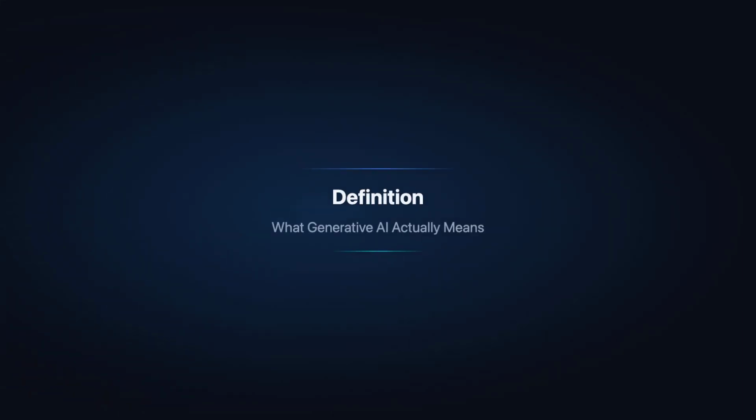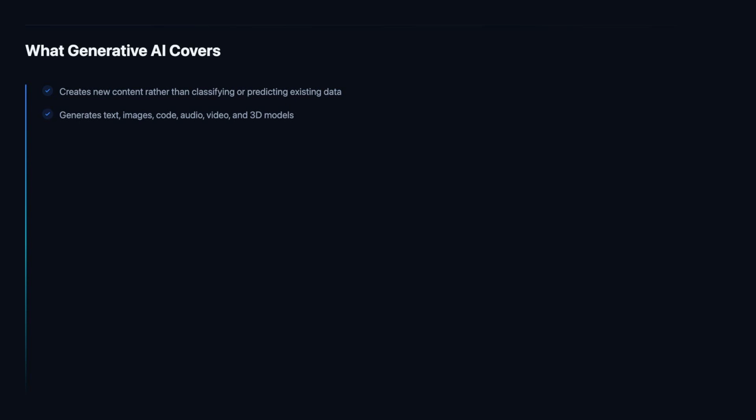Let us start by defining generative AI and what it covers. Generative AI is essential for modern professionals. Generative AI differs from classical AI in its goal. Instead of predicting labels or values, it generates new, realistic content that was not explicitly in the training data. The content modalities span text responses and summaries, photorealistic images, functional code, synthesized voice, and video, making generative AI applicable across creative, technical, and analytical work.